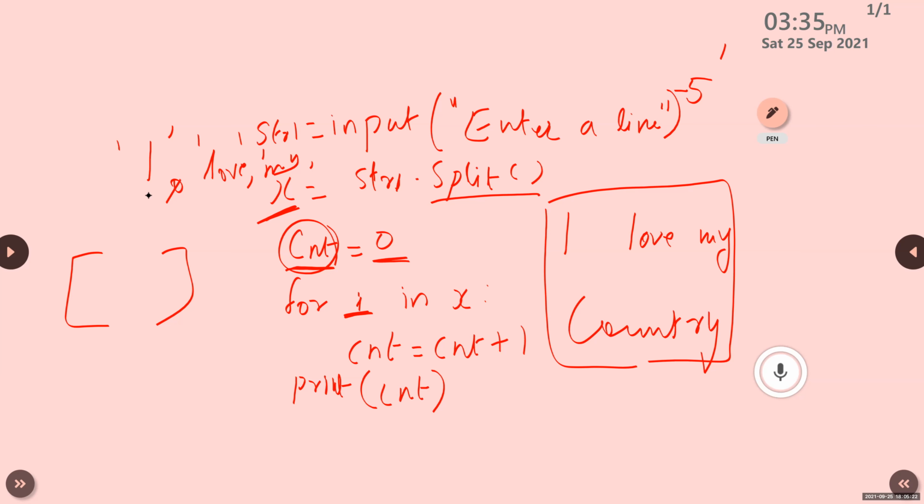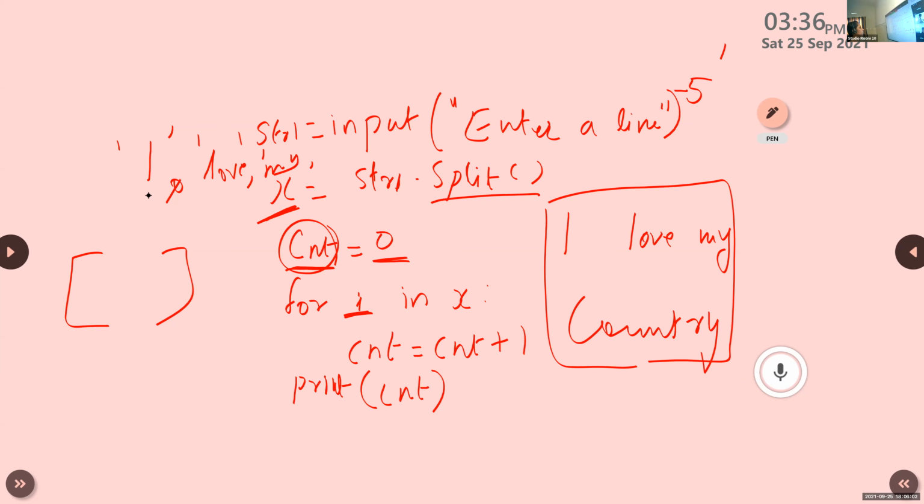Okay, then what is the answer, Renil? Ma'am, I guess I love my country. Yes, it is different words. So the first word is I, then love, then my, then country. These are the contents of X. The first word of X is I, the second word is love, the third word is my, and the last word is country. Is it clear? The content of X is four words: I love my country.